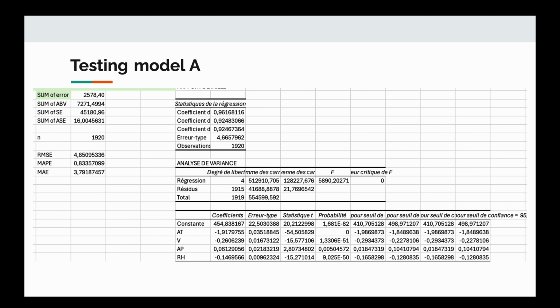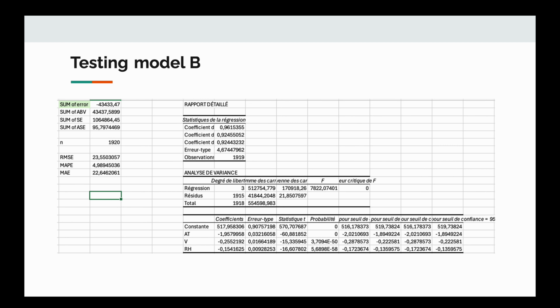So here is Model A containing only 20% of the data. As we can see, in our Model A, based on the 1,920 observations, we have found the following results: an RMSE of 4.8509, MAPE of 0.8335, and an MAE of 3.7918. As for our Model B,